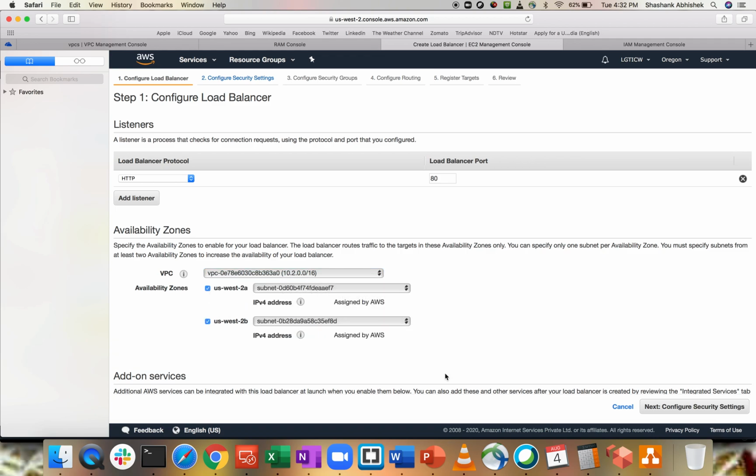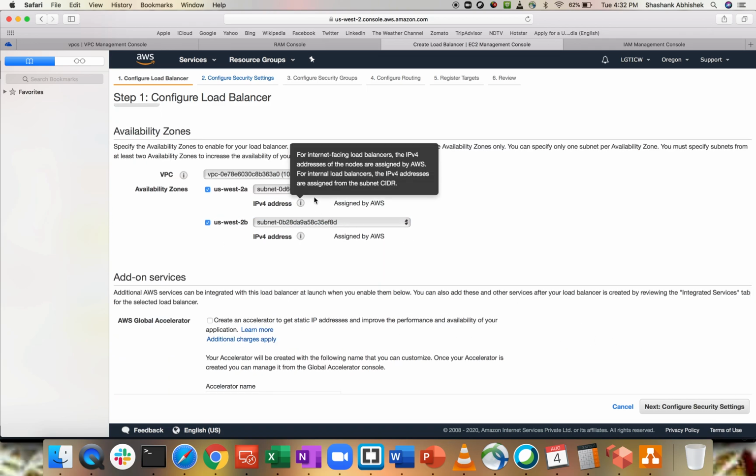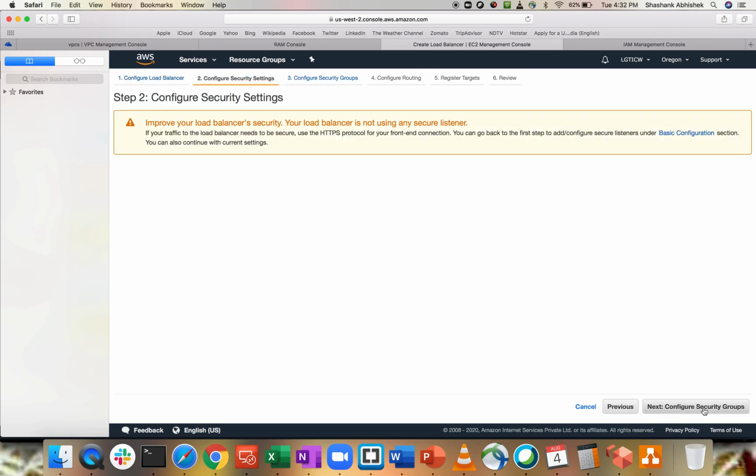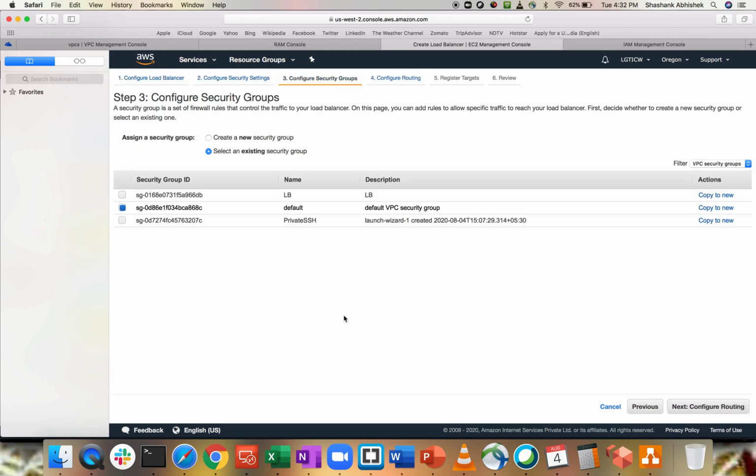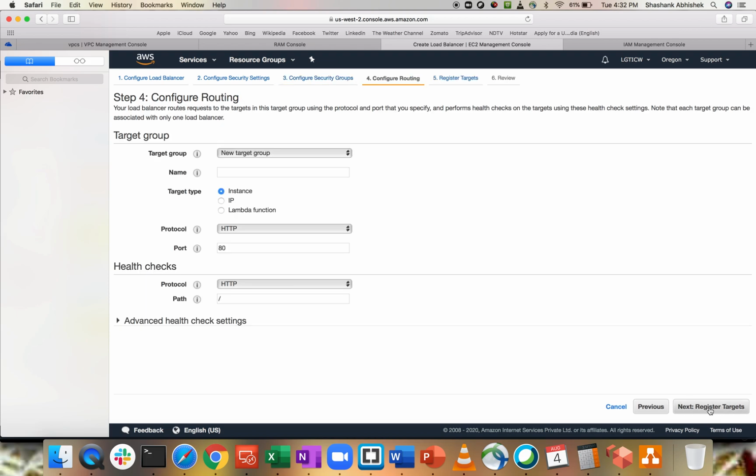We'll go with the two subnets that have been shared with us. Security: now you can handle the security from here itself. I have a few security groups, so let's go with LB test. Now here we have certain options on the target group side.